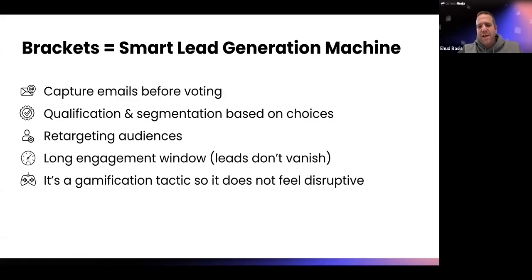The usual marketing funnel activation is a fit for brackets. And because it's gamified, it doesn't feel like a disruptive pop-up or a gated PDF or ebook or whatever activation campaign that needs to interrupt someone. It feels natural. And last, the engagement window is longer. People return multiple times to vote. So you can approach leads at the right time. I mean, you don't need to approach them at the first minute they just submitted their details. You have the time and you can do whatever you want based on whether a lead is warm or cold. So it's up to you.